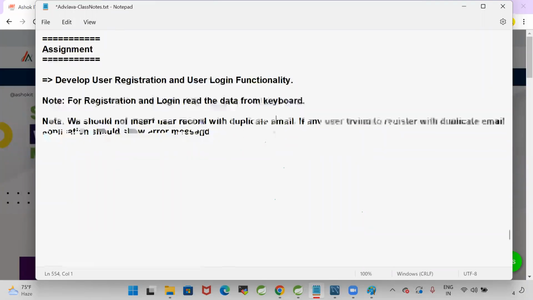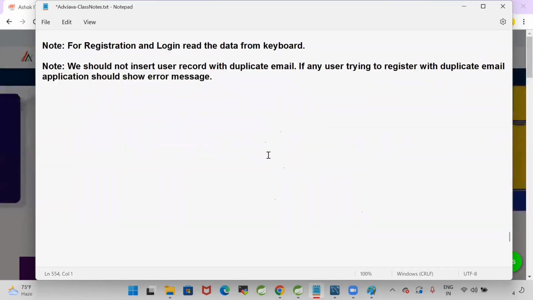So my requirement is you will develop one program, and you will run that program. When you run that program, it will give an option: do you want to register or do you want to log in? First you will enter register. It will ask for data: name, email, password, mobile number. Insert it. After inserting, it will display: do you want to log in? If you want to log in, yes. Then it will ask enter email ID, enter password. I will enter email ID and password. If I give incorrect ones,